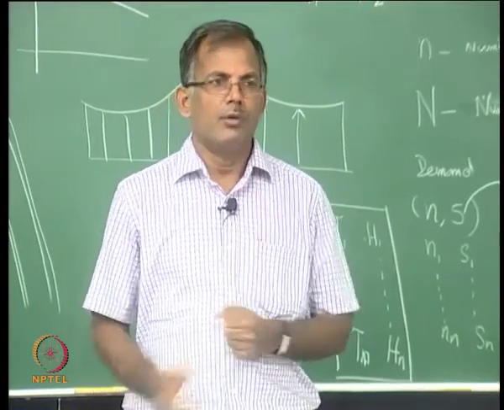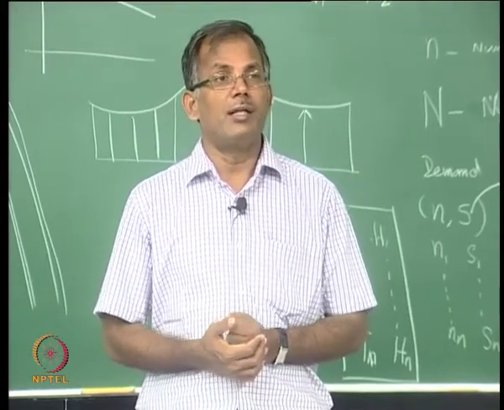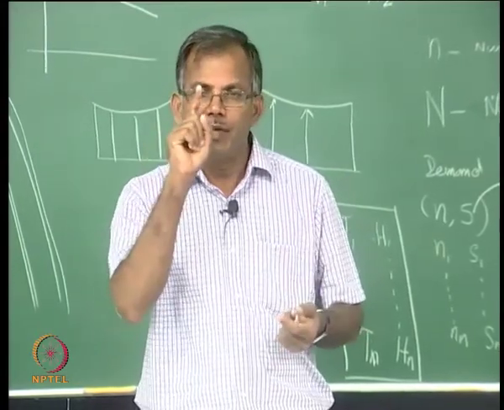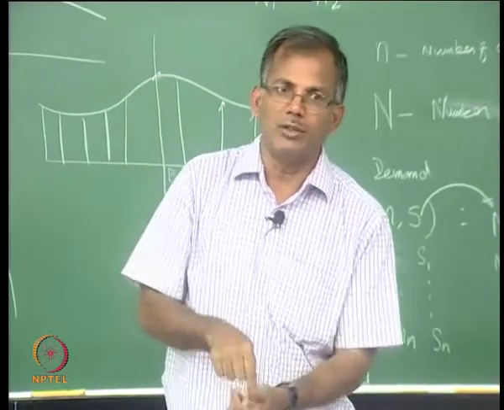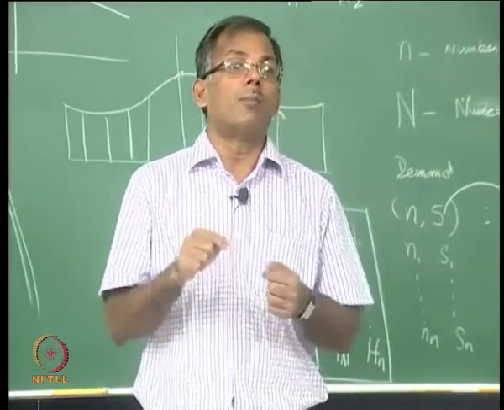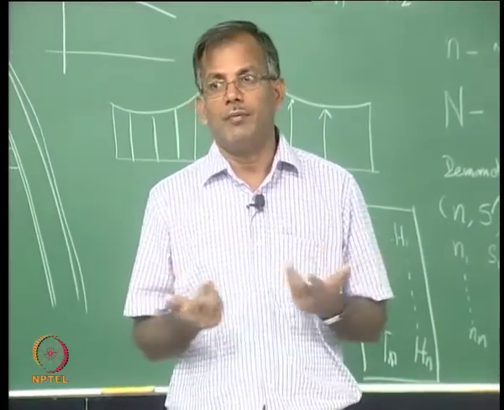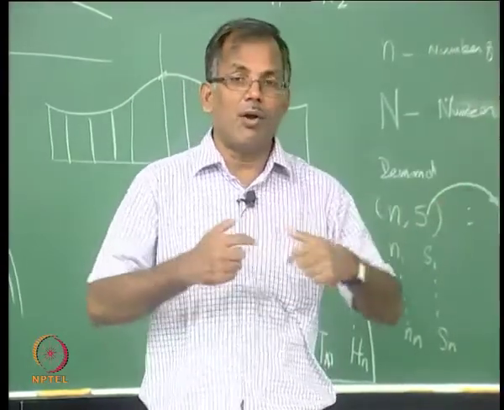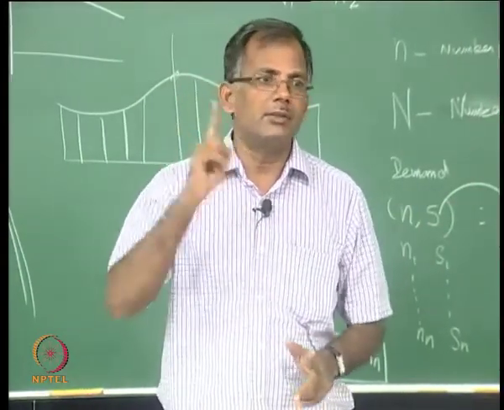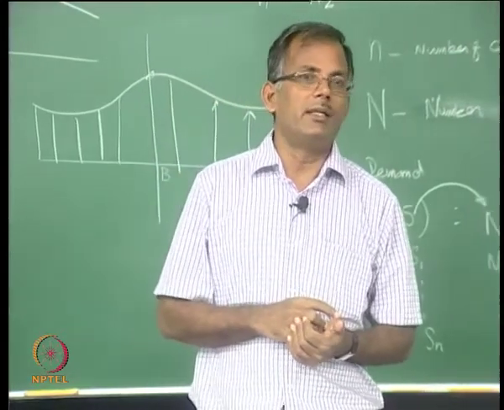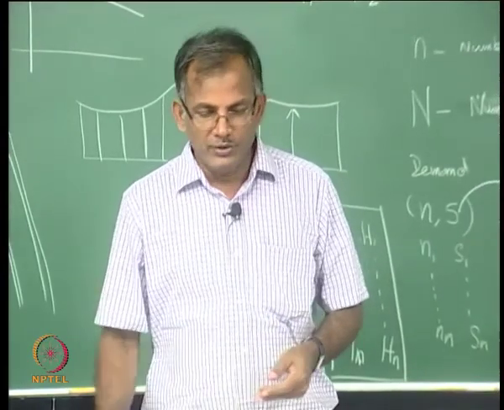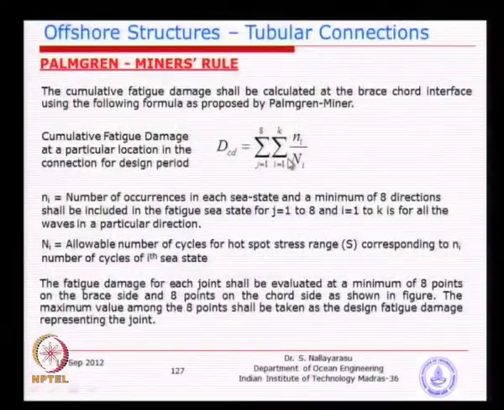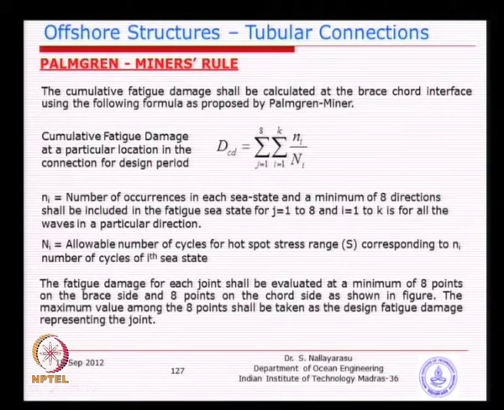So, you do not have to add them, but if you are intelligent enough, you do not need to do all 8 points; you can figure out which point may actually create more problem for fatigue calculation. So, you can only do the calculation for that particular point. But if you do not know, what we need to do is repeat this calculation for all the 8 points, and whichever gives you the highest damage will be the representative design for that joint. You understand the idea, no? Whereas, for each joint you have to do the calculation for all the sea states, all 8 directions, and add them cumulatively.